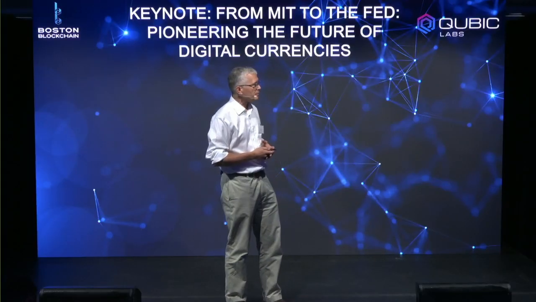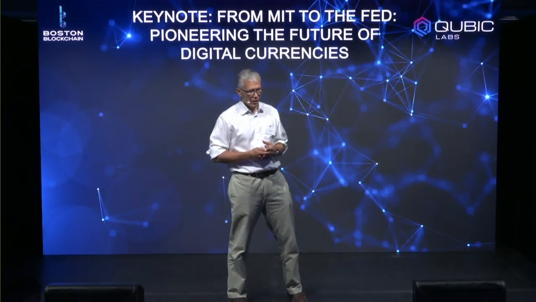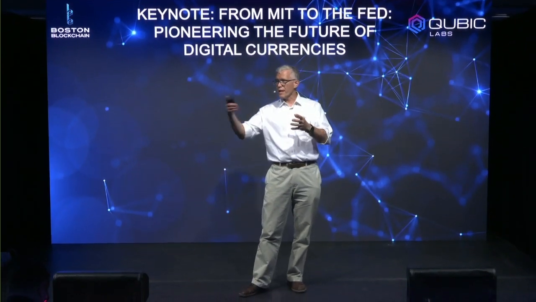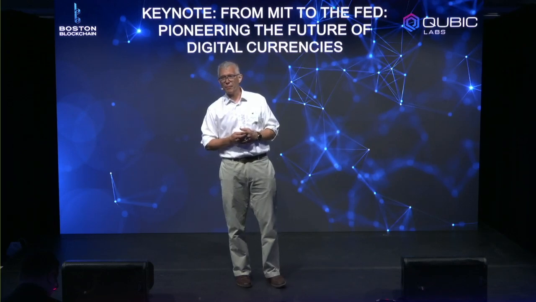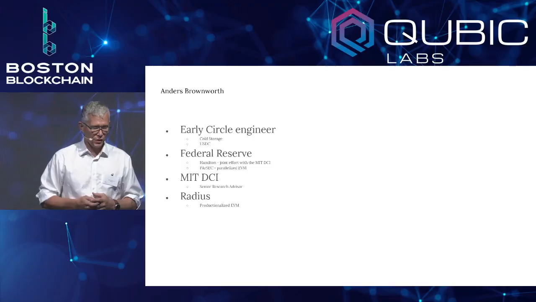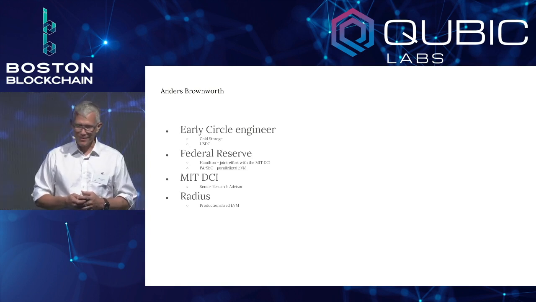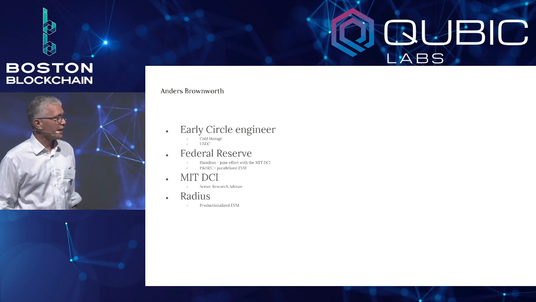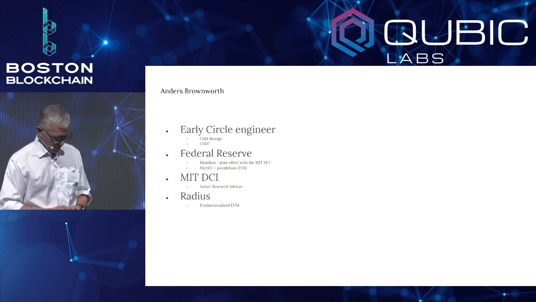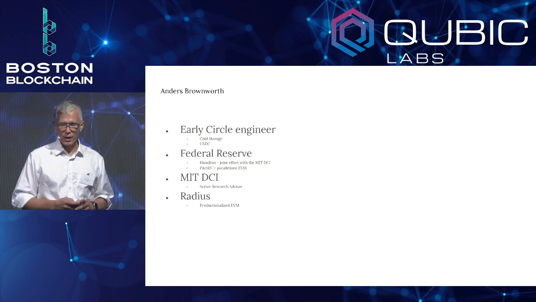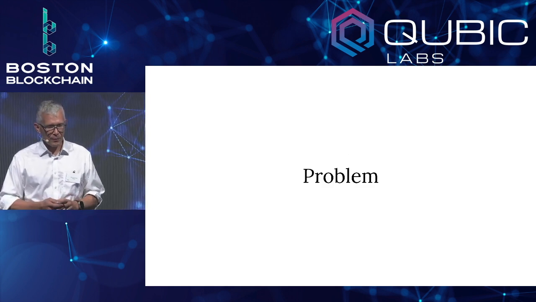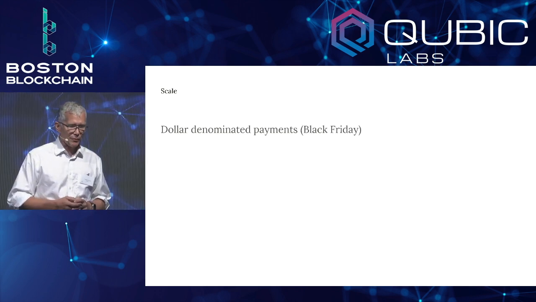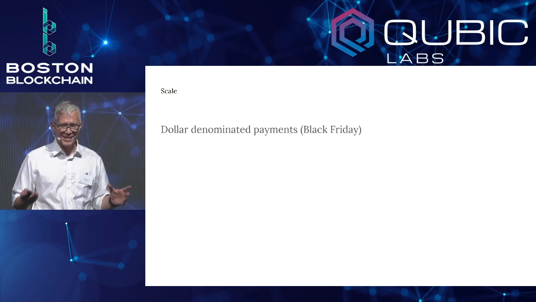And so I did some work there. There's this project called Hamilton that I worked on. We'll talk about that, and then the evolution of that called Parsec. We'll go into that. Currently, I'm at the MIT Digital Currency Initiative, the DCI. I am a senior research advisor. And then also, as I mentioned, Radius. Radius is a startup, started in the beginning of this year, and we are working on productionalizing some of this technology.